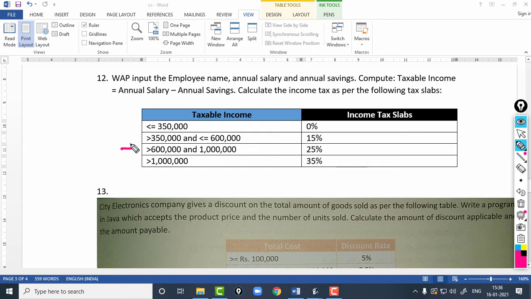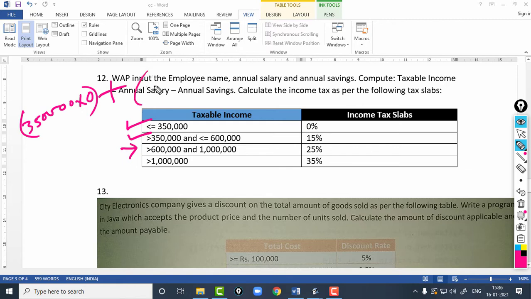At the present moment we are looking at this slab. That means we have to add the first slab, second slab and the current slab. So, the first slab will be 3,50,000 into 0. To this we will add the second slab. In the second slab, what is the amount?